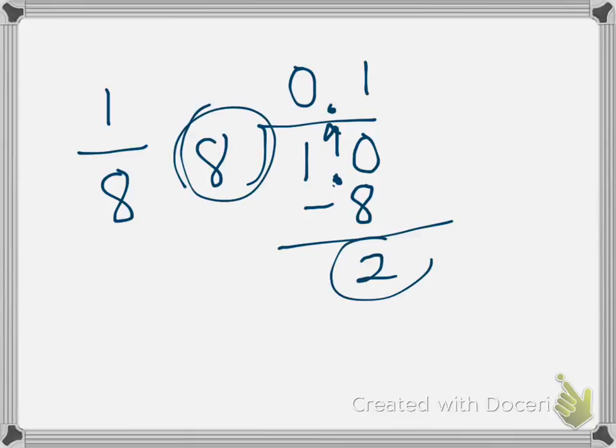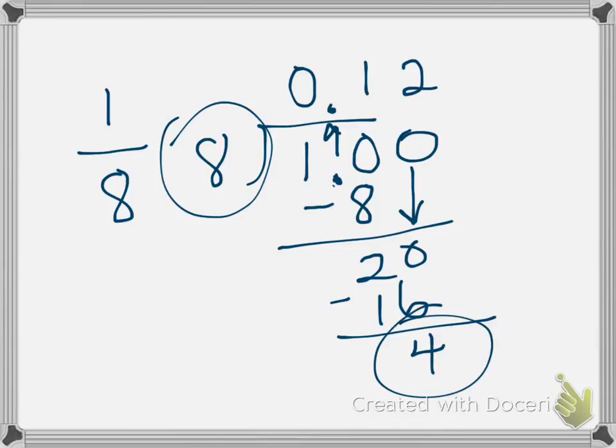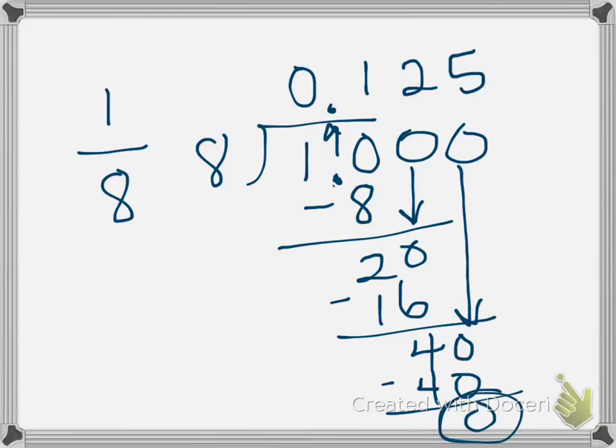I can't count by 8 to get to 2, so I need to grab another 0 and bring it down. 8 goes into 20 2 times because 2 times 8 is 16. I'm left with 4. So far this isn't repeating. 8 doesn't go into 4, so I'm going to grab a 0 and bring it down. I can count by 8 5 times to get to 40. 8 times 5 is 40. And that leaves me with 0. When I have 0 at the bottom,